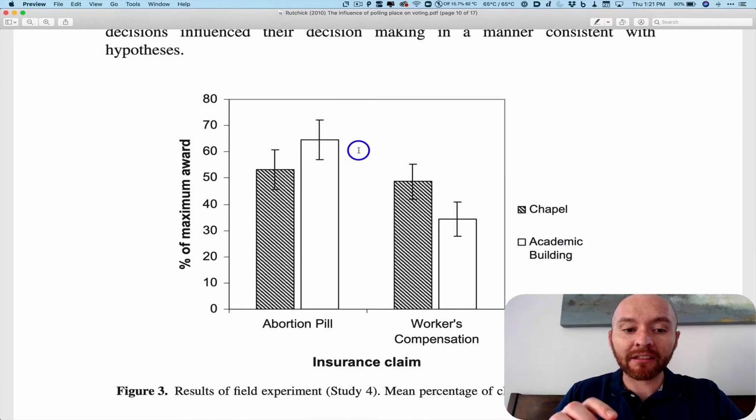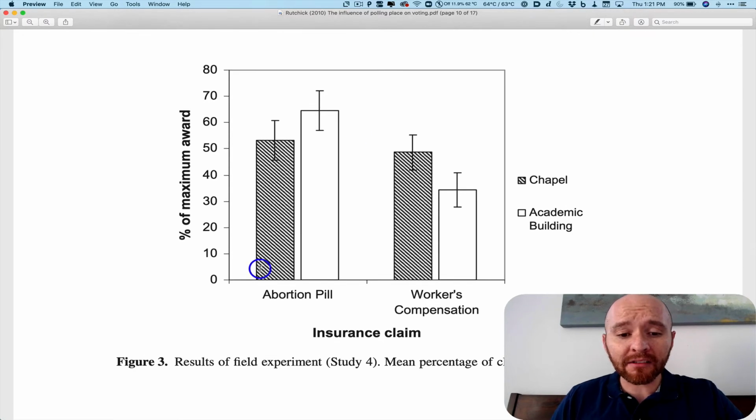Sometimes you can look at figures like this one, and you can kind of glean the overall finding, right? So this is one issue that they looked at, the abortion pill, and I'm thinking, should people be able to put the abortion pill as an insurance claim? How about workers' comp? Chapel is a lined bar. Academic building is a clear bar, or the white bar. So it looks like,